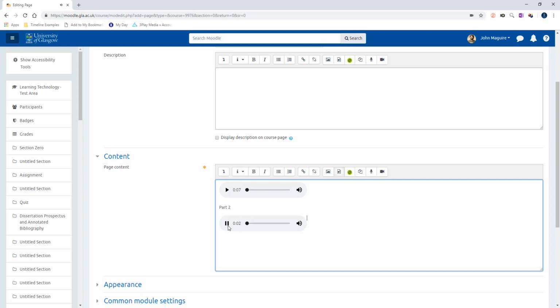This is part 2. The reason for 2-minute recordings is to limit the information that you're providing and also to